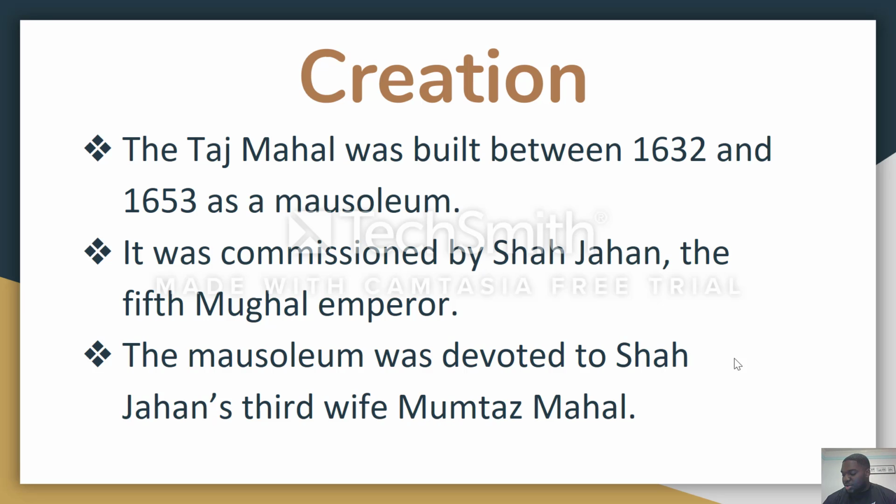More than 20,000 workers were employed from India, Persia, the Ottoman Empire, and Europe to complete the mausoleum itself. By about 1638-39, the adjunct buildings were finished, by 1643 the mausoleum was finished, and decoration work continued until at least 1647. In total, construction of the 42-acre complex spanned 22 years.